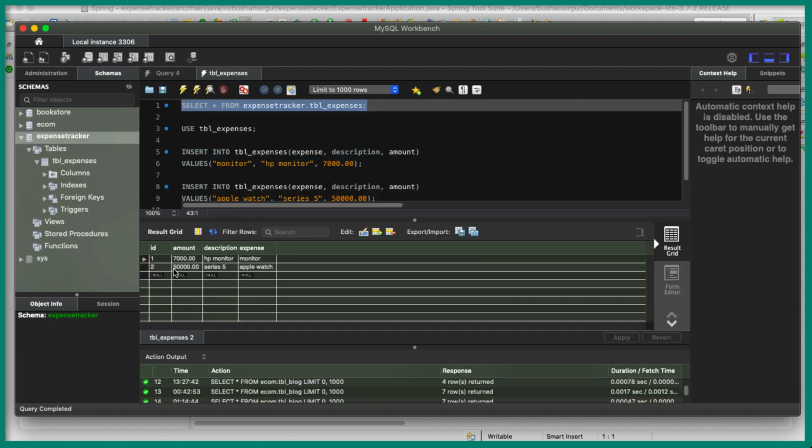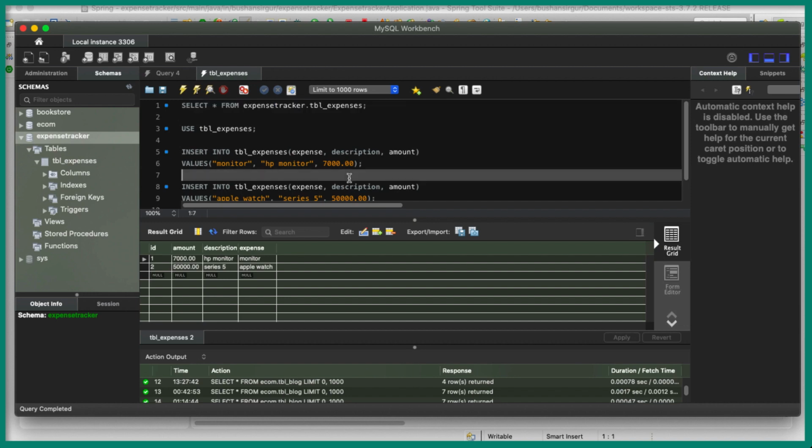You can see the two entries, the Apple Watch and the HP monitor. Now we have added the two entries in our database, and also we have created the model class.